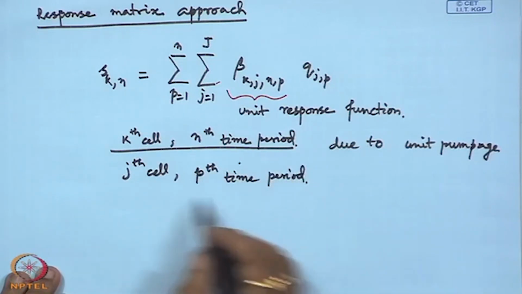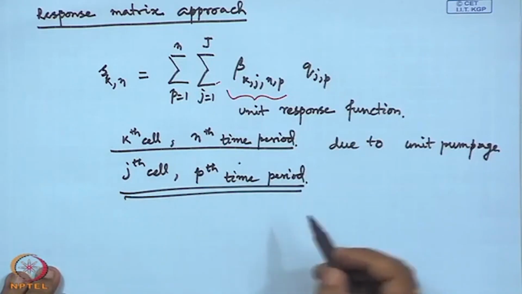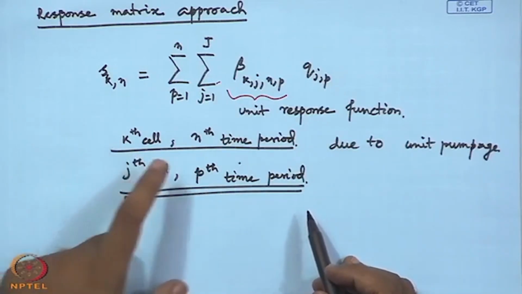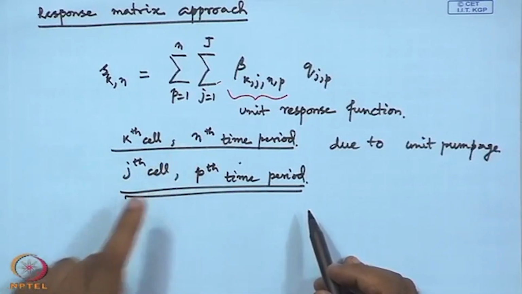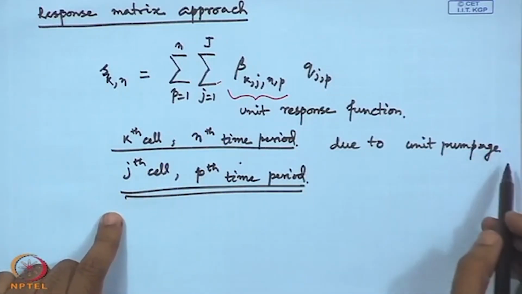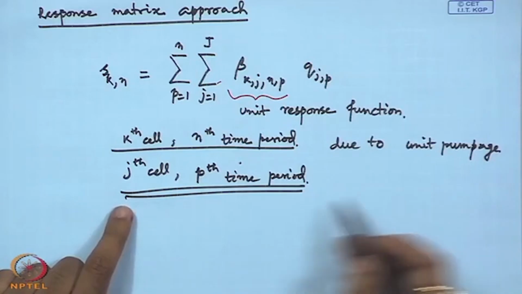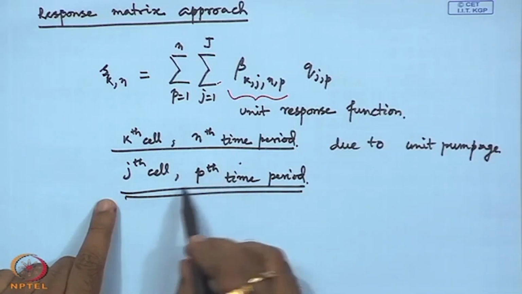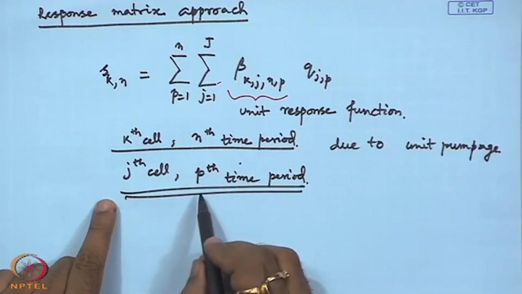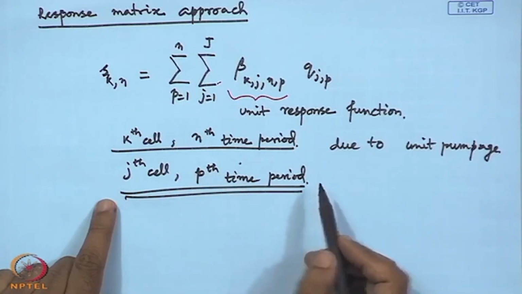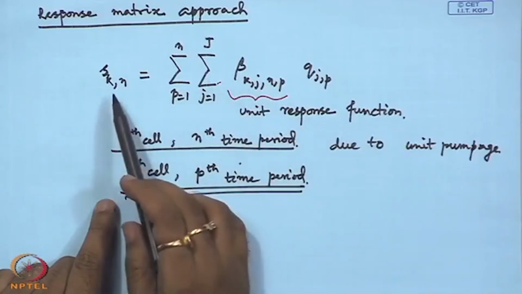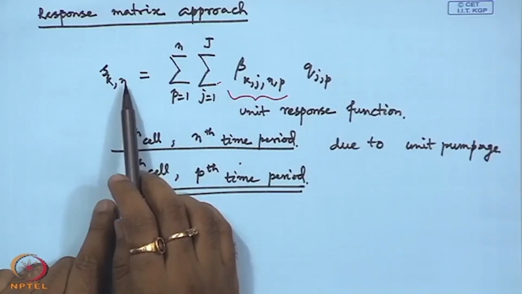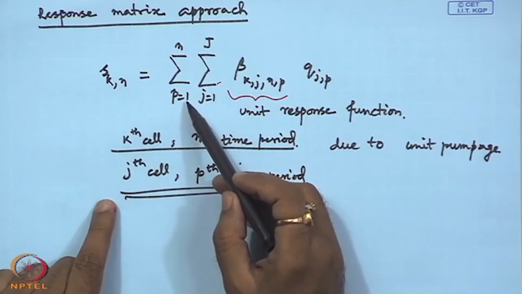So, this is some kind of unit response for kth cell at the end of nth time period due to the unit pumpage or injection in the jth cell during pth time period. So, for kth cell at the end of nth time period, we need to consider all